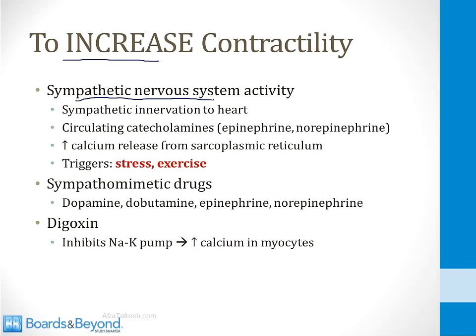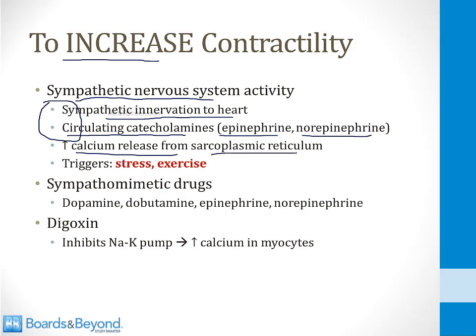There are two mechanisms by which the sympathetic nervous system can increase contractility. First of all, the sympathetic nervous system directly innervates the heart. In addition, the sympathetic nervous system can stimulate the release of catecholamines from the adrenal gland. Those can circulate and reach the heart. Those include substances like epinephrine and norepinephrine. When either of these mechanisms activates the heart, there's increased calcium release from the sarcoplasmic reticulum, and this will increase the contractility. So some classic triggers are stress, also exercise, which we'll talk about later, anything that increases sympathetic nervous